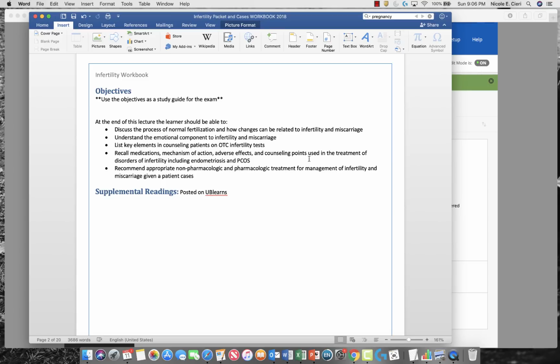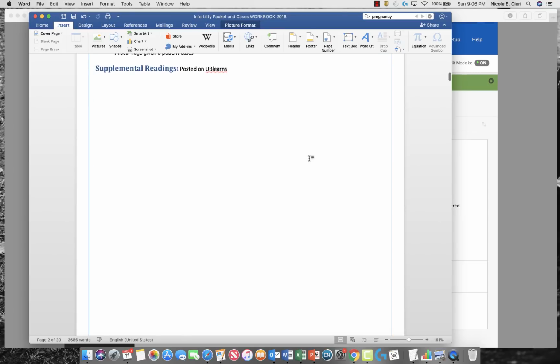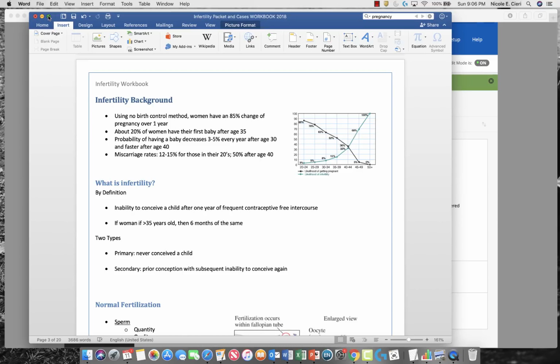And then to recall the different medications, how they work, their side effects and counseling points as they relate to infertility in general, and then specifically endometriosis and PCOS, and then recommend medications for pharmacologic management of infertility given a patient case. So if you scroll to the background,